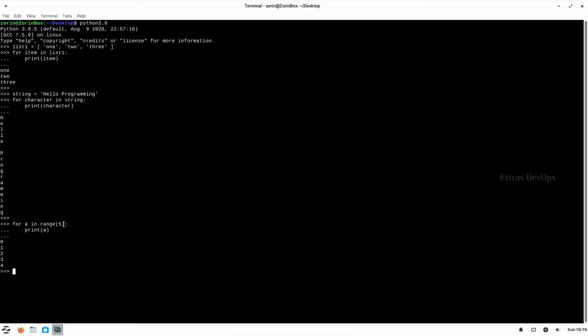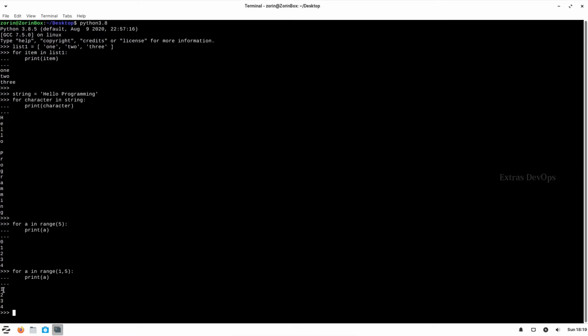So here number 5 is not included, and the range starts from 0 by default. We can change the behavior of range by mentioning the initial value also. For a in range, if we want the range to start from 1 instead of 0, we can give 1 comma 5. So now as we can see, it is printing from 1.